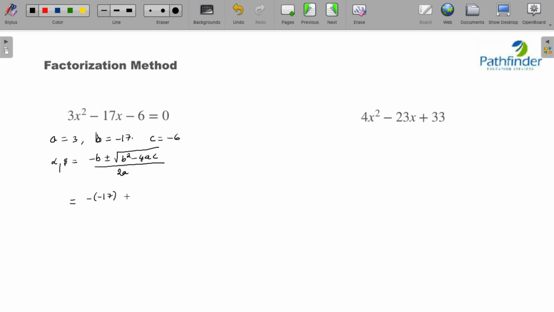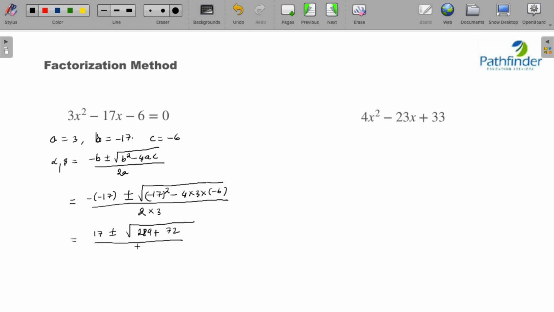So minus of minus 17, plus minus under root of b square, that is minus 17 square, minus 4 times 3 into minus 6, this 4ac, whole of this divided by twice of a, so 2 times 3, which is equal to 17 plus minus. Now 17 square is 289, so 289 minus, and minus of minus becomes plus, so 24 3s are 72, whole of this divided by 6,